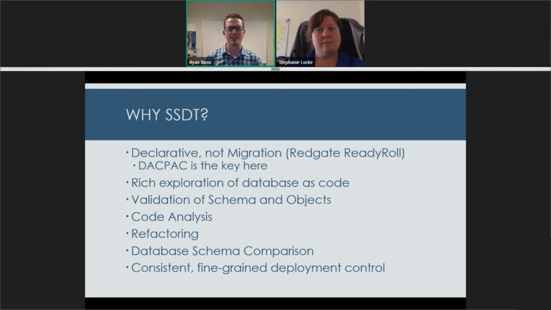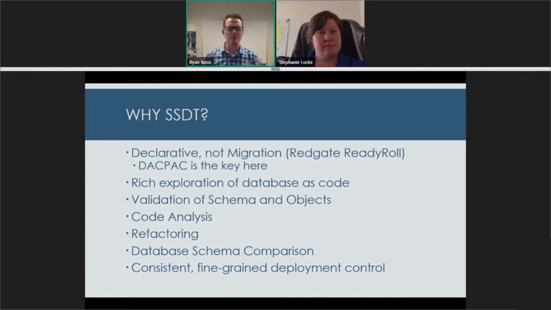And so now I can actually navigate my code as an entire database. It validates things. It can run code analysis on it for me. This one I love, refactoring, right? How many times have you started a proof of concept and you just name stuff A, B, C, D, whatever, and then you realize 2 months later you never changed it back, and now you have these silly names all throughout the database. And so refactoring is really easy to do.